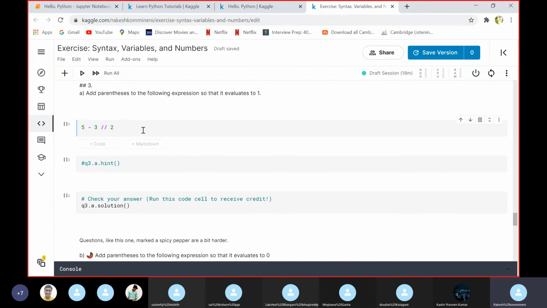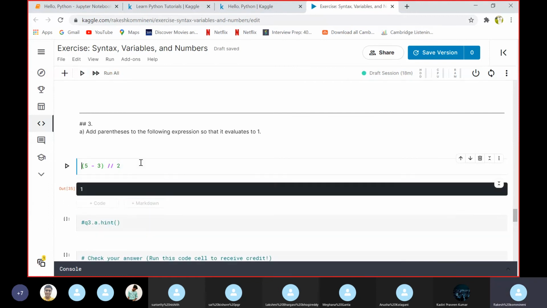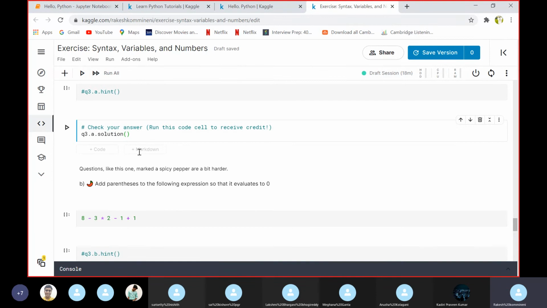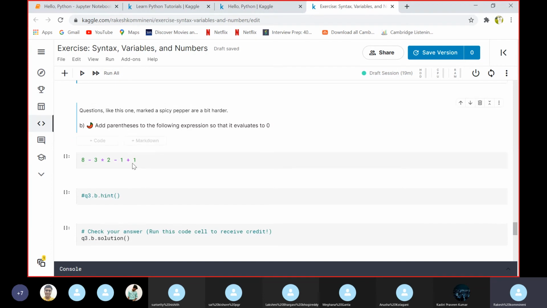And coming to the third question, add parentheses to the following expression so that it evaluates to 1. Questions like this are marked with spicy peppers, a bit harder.